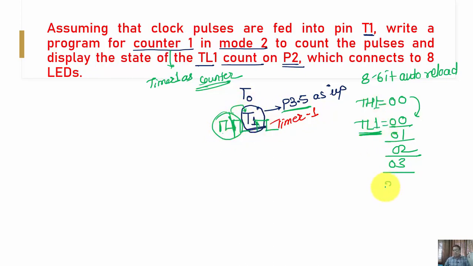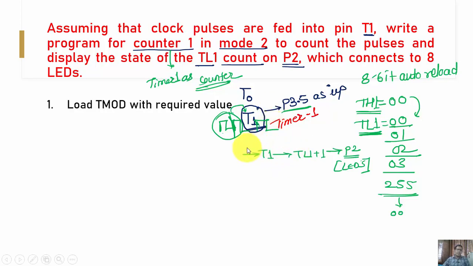It counts up to 255, and once it reaches 255, it goes back to 0 and the values get updated again. So the T1 is going to take the pulses, and these pulses cause the TL1 content to increment by 1, and whatever the status is, we have to send on port P2, where the LEDs are connected.